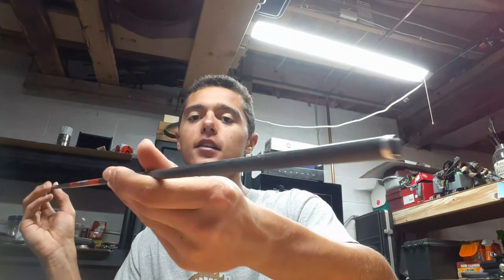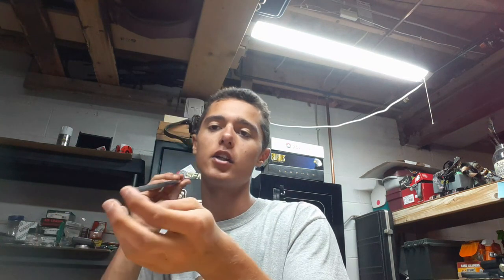And if the arrow's flying perfectly straight, it isn't going at an angle, and therefore it's penetrating perfectly straight, and there'll be a lot less issues with deflection and such. So these broadheads are not the best, but they're definitely a step up from what I've been using and what a lot of people use. So anyways,